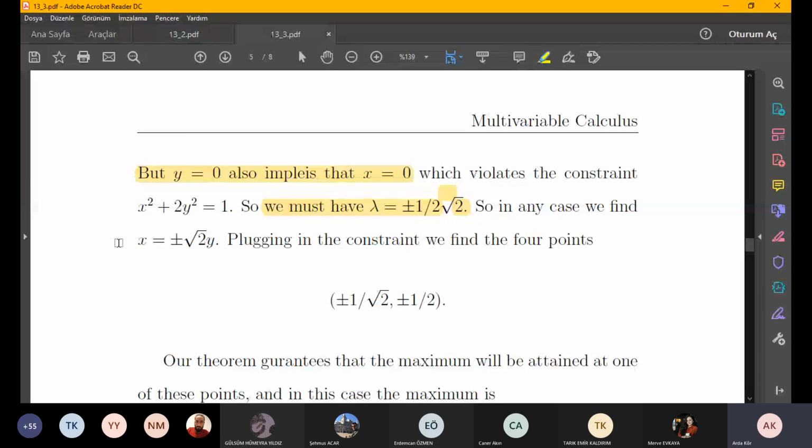So the lambda, for any lambda here, let's say,